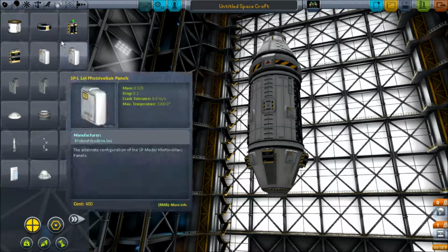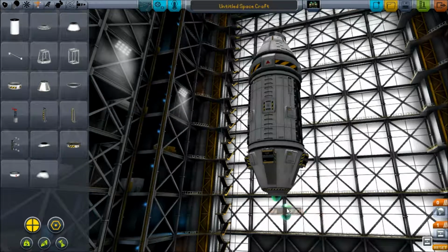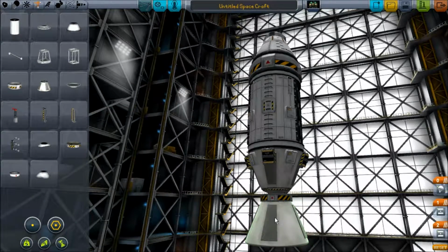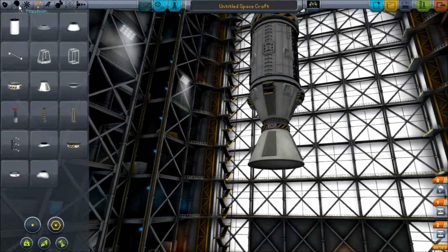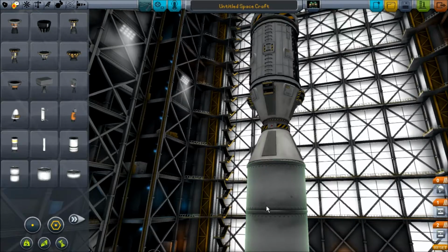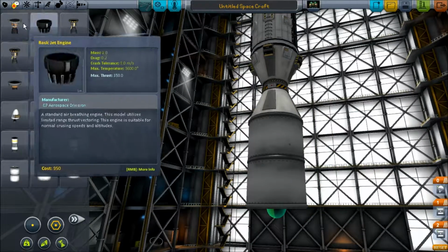So let's take a peek and find ourselves a decoupling ring. This guy right here is going to do the trick. Click that on there. We're going to use the extension here to bring back up to full size. And let's take a look. We don't have our big tanks yet, so let's just grab some of these guys. We're going to be putting on a Skipper